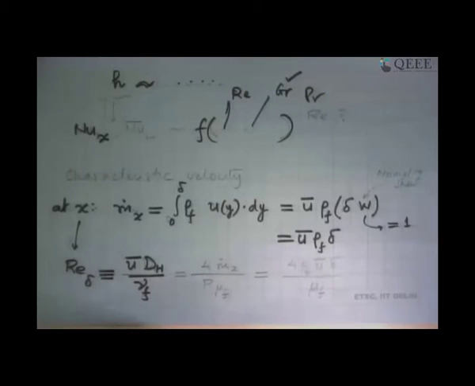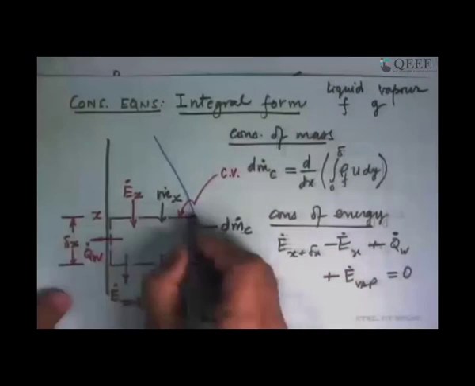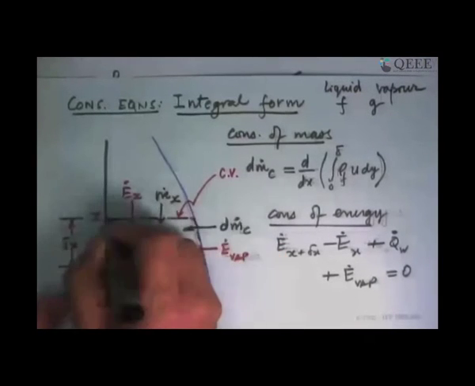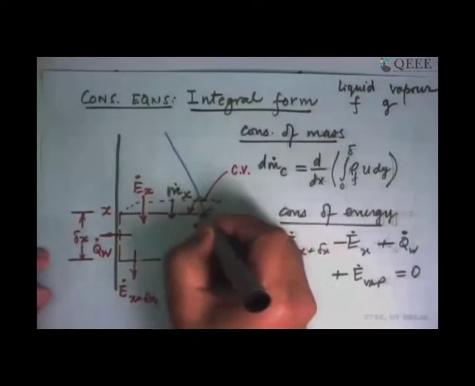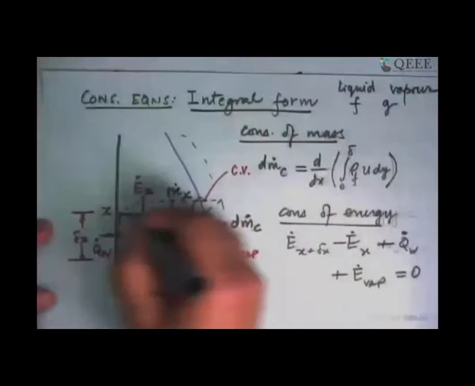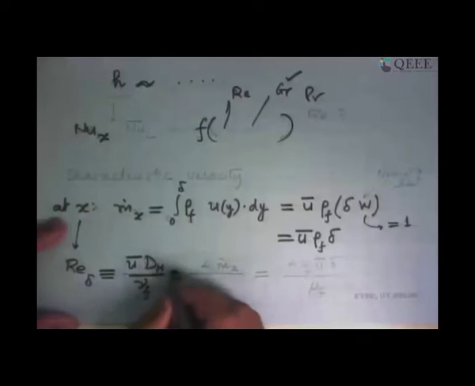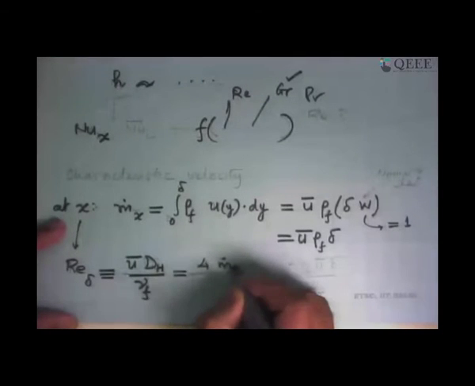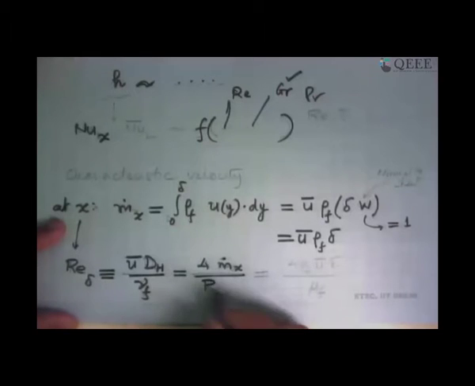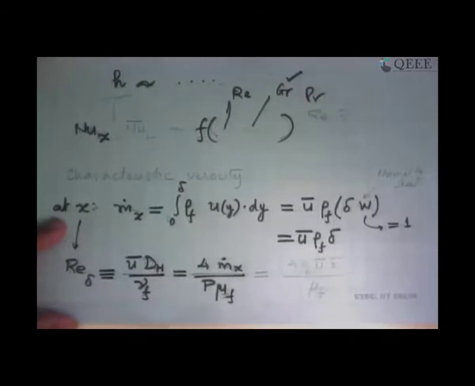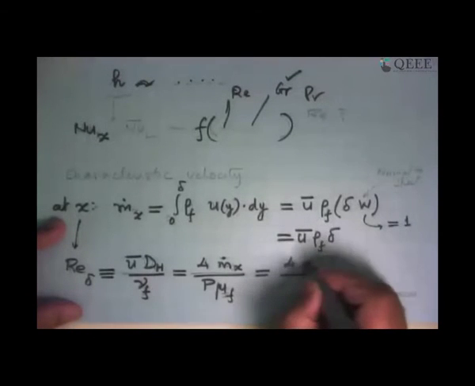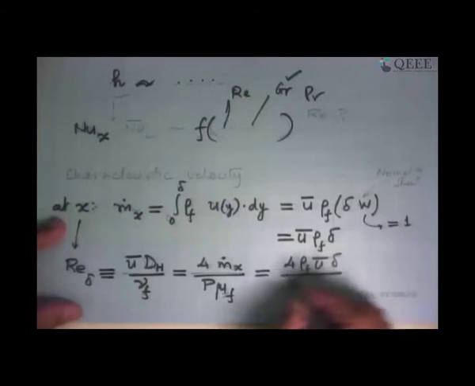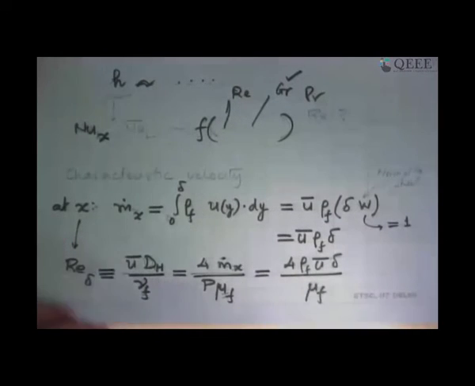So dH is the hydraulic diameter of this unit depth, again this, and unit depth. So sort of a rectangle that we are seeing over here, that is where the film is going through. So the hydraulic diameter of this rectangular slice can be written as 4 times m dot at that x location divided by the wetted perimeter multiplied by the dynamic viscosity of the liquid, and this can be then further simplified to say 4 rho f u bar delta upon mu f.